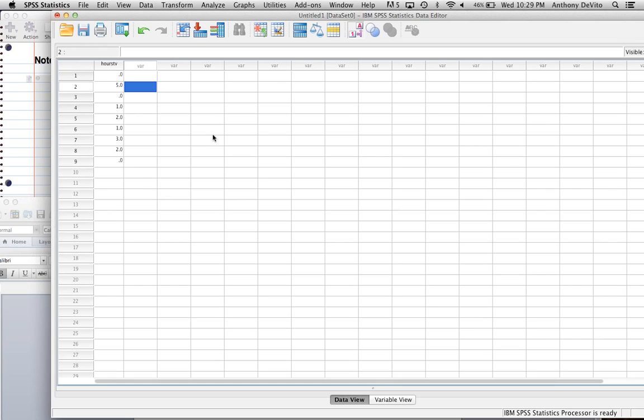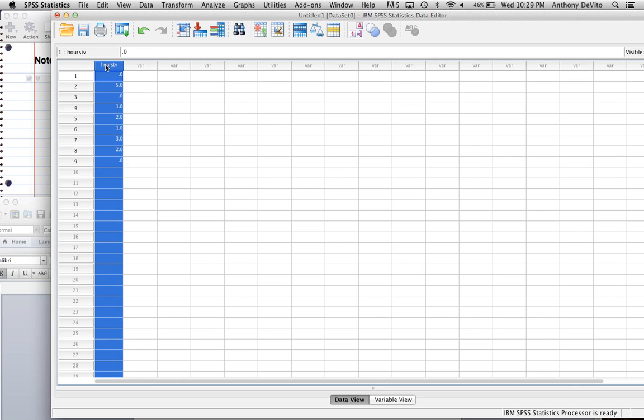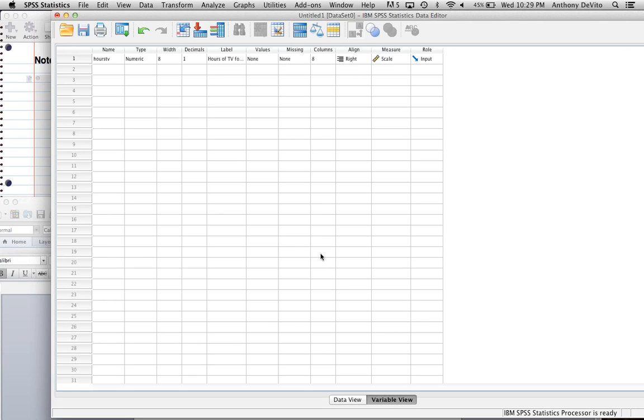Okay, that was just a demonstration. If you had an issue with that, don't worry about it. I just wanted to demonstrate that there's other ways to import data into SPSS than just typing it in. So we saw how to type data into SPSS, or enter it manually into SPSS. We took a quick look at how to define the variable in the variable